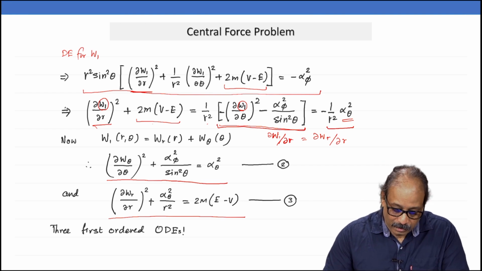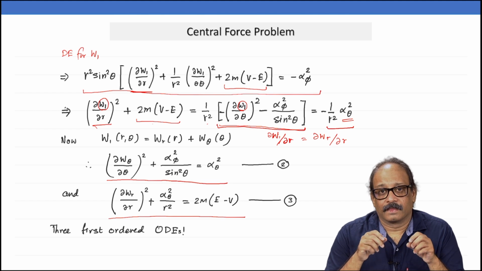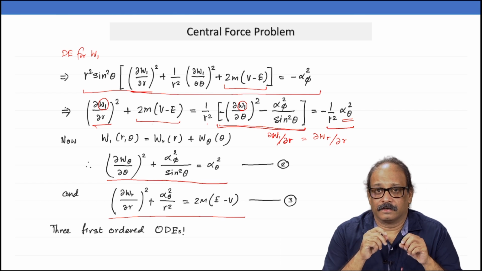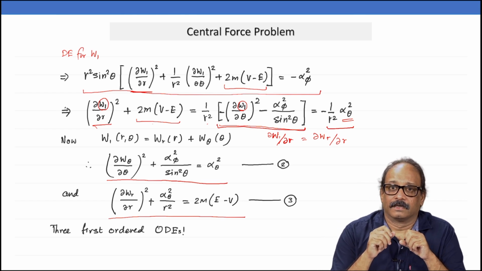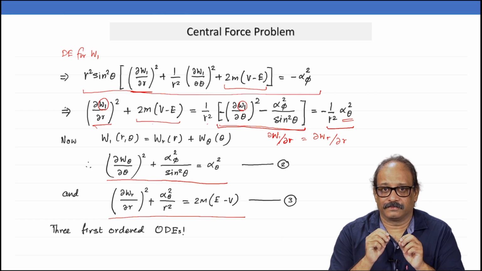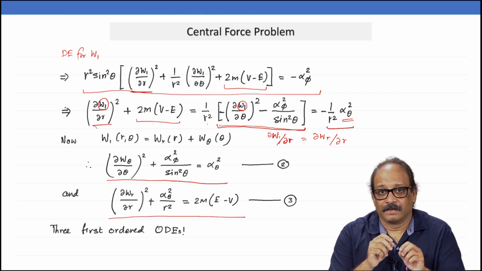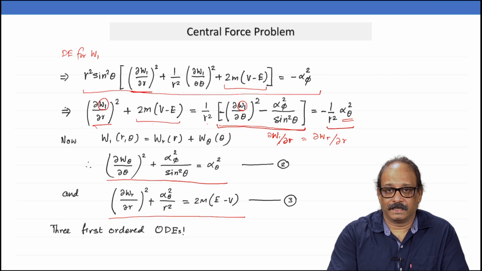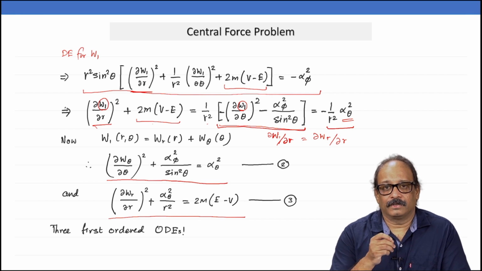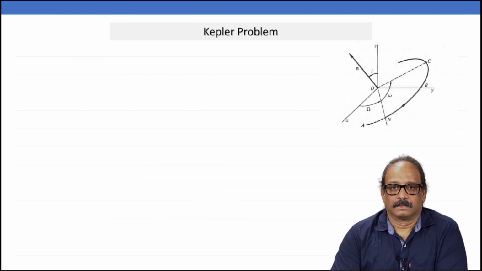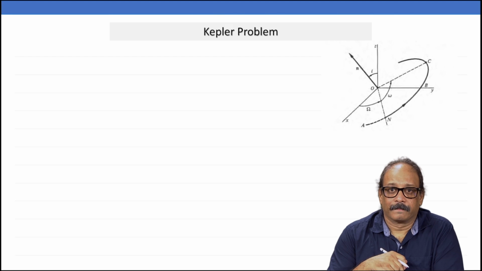Now, what I am going to do is take the same problem, but with a specific case, Kepler's problem with a 1 over r potential. I am going to show you one example where we can calculate the frequency of the periodic motion from the action angle variables method. Okay, fine. So, basically it is a continuation of this problem, but now I am going to choose the potential energy to be the 1 over r potential. So, let us start with Kepler's problem.